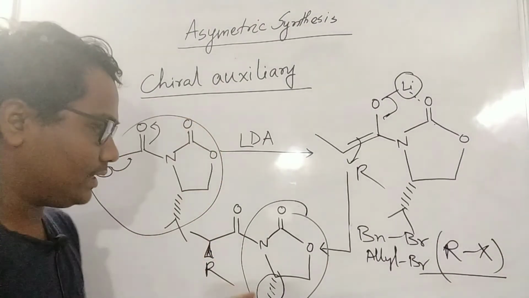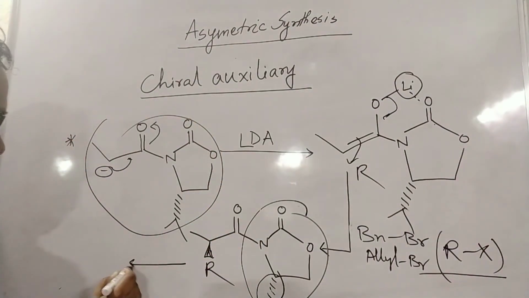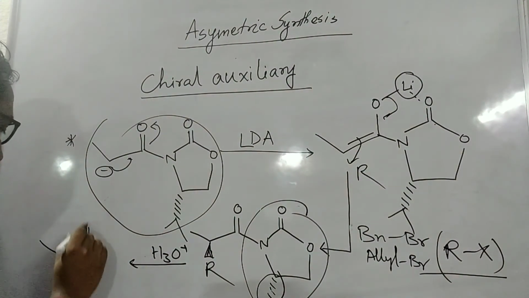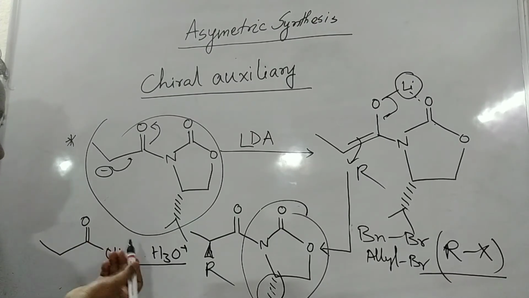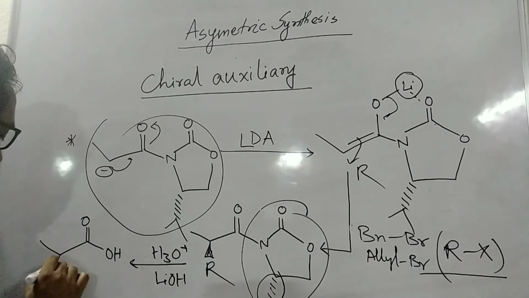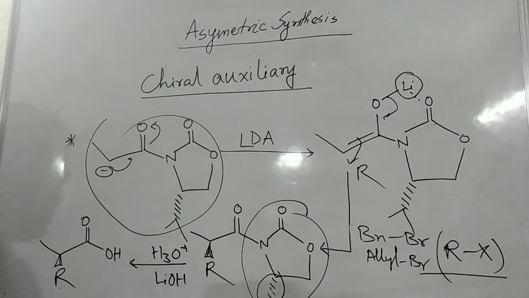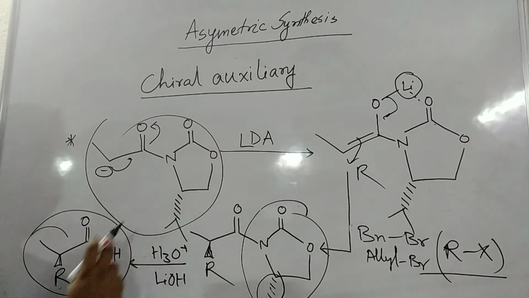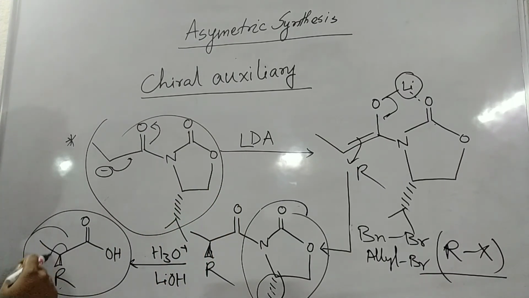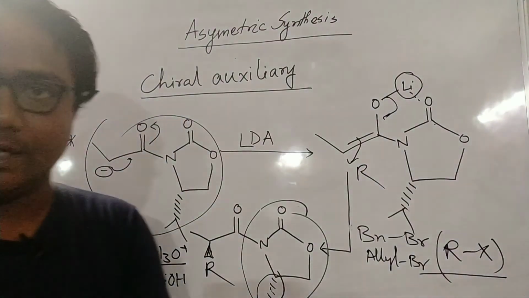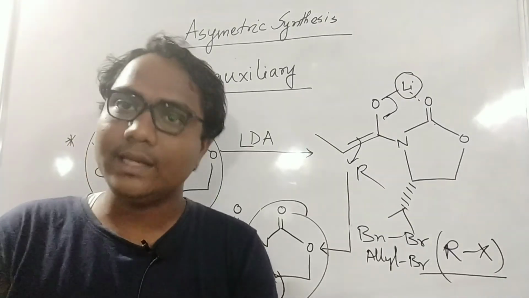Okay, so after you do hydrolysis, what will this be? If you have an OR, it will go to OH with any type of base you can use to hydrolyze, and this will be R. You see, this will be R. So this type of acid you have to form. You started from a simple acid chloride, and you get this acid with a good generation of one stereocenter by this chiral auxiliary. So that is the main use of the chiral auxiliary in asymmetric synthesis.